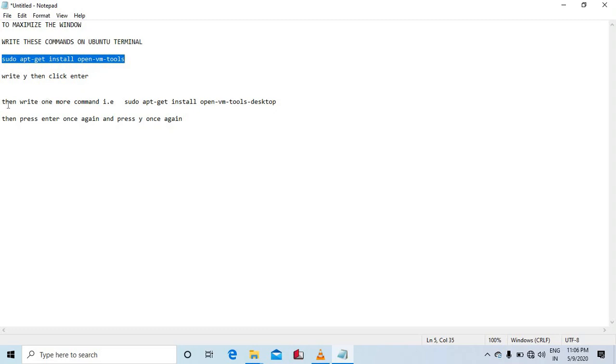Then write one more command that we have written earlier. Write that and at the end just write -desktop, then press enter and then press Y once again. Once this command is finished, you just need to restart your Ubuntu operating system. So now you can maximize your virtual machine.